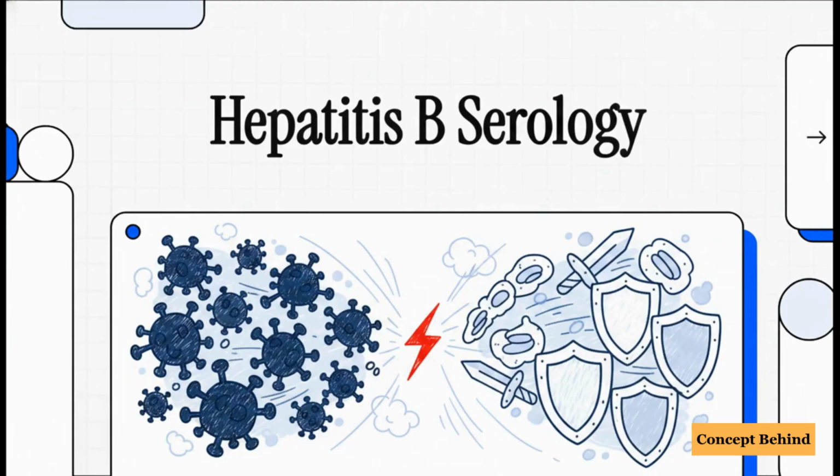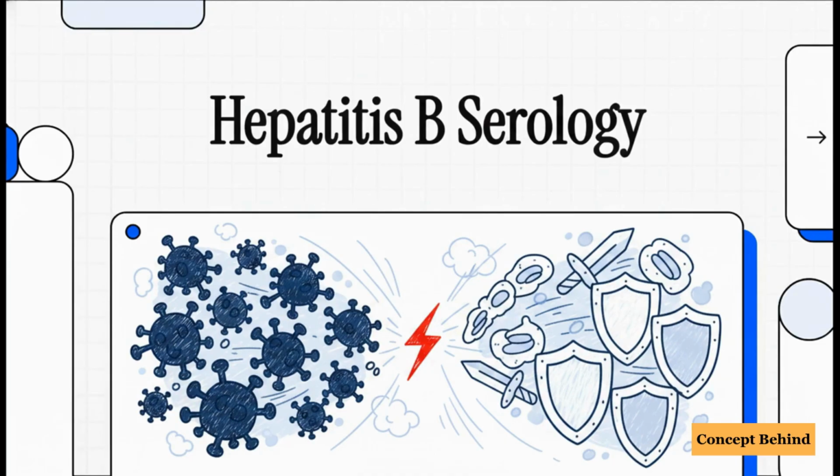Today we're going to tackle one of the most notoriously complex topics in clinical medicine, hepatitis B serology. But instead of looking at it as some confusing jumble of letters and numbers to memorize, we're going to look at it as a fascinating, high-stakes battle between a virus and the human immune system. Let's dive right into this battlefield and decode exactly what is happening in the blood during every single phase of